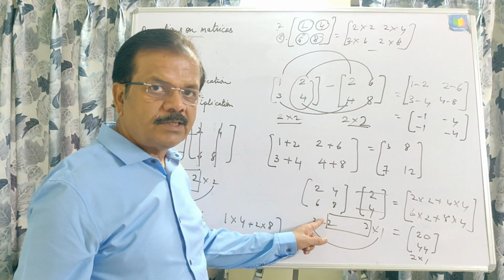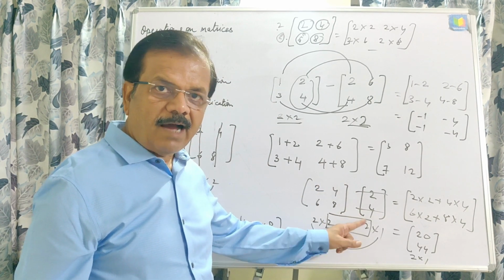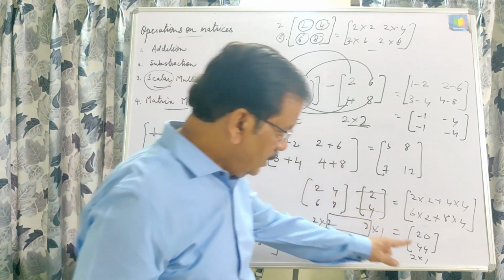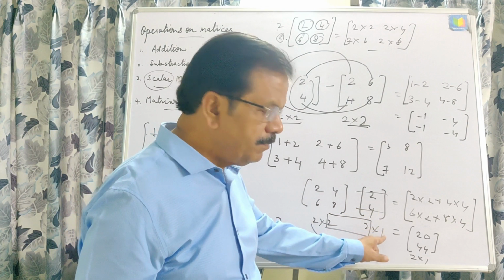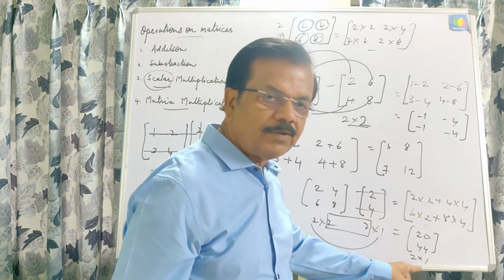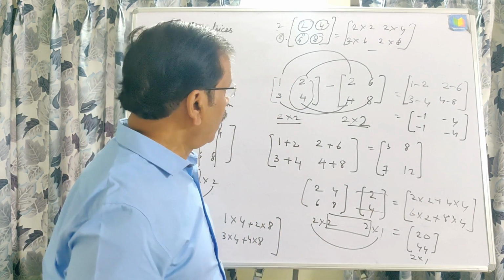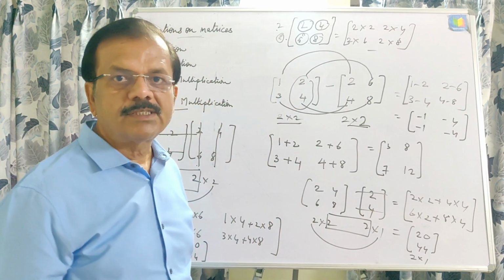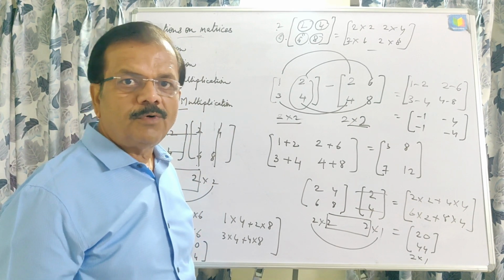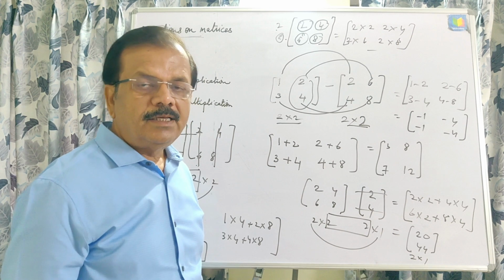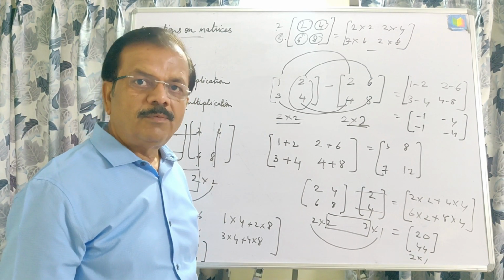Now you can see the order is 2 cross 1. With this question, 2 cross 2, the number of columns in the first should be the same as the number of rows in the second. After multiplication, this will be the number of rows and this will be the number of columns, which is what we are getting here, 2 cross 1. And now with the help of this concept, we will do questions related to all the topics and some of the board questions also, which are frequently asked in board examinations.